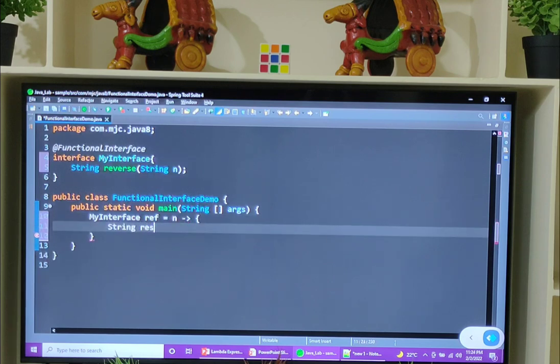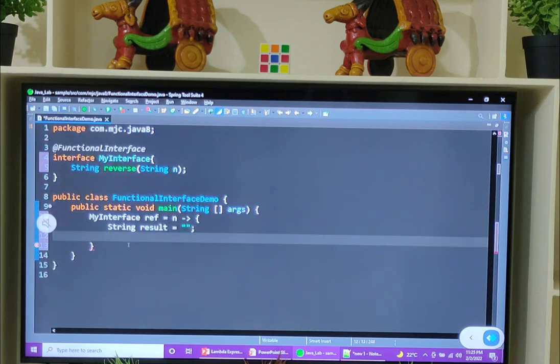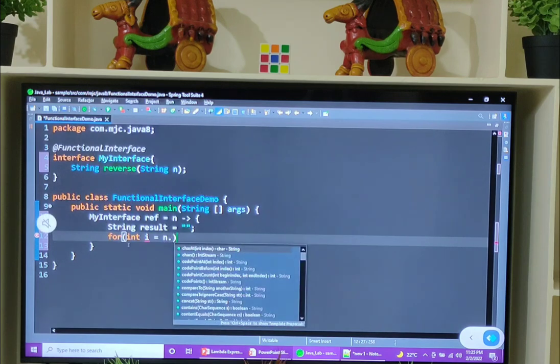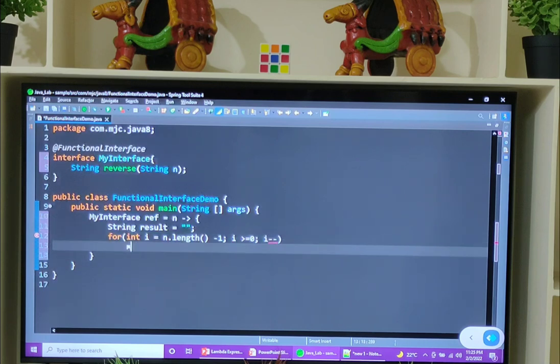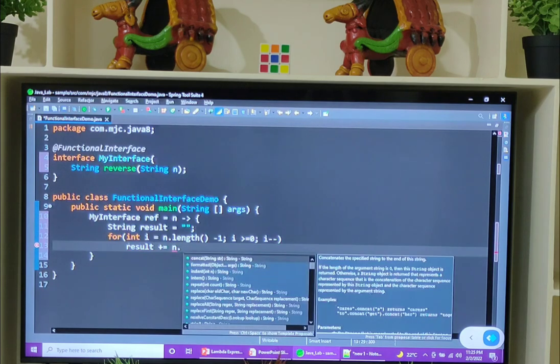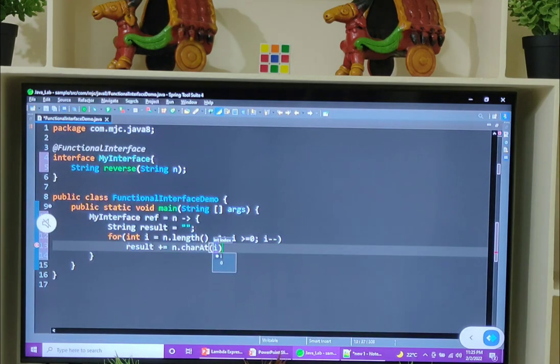String result is equal to an empty string. for int i is equal to n dot length minus 1; i greater than or equal to 0; i minus minus, result plus equal to n dot charAt(i).